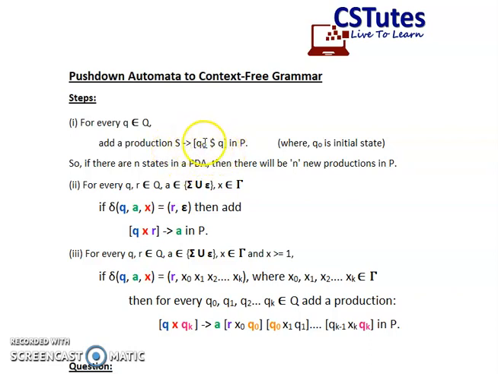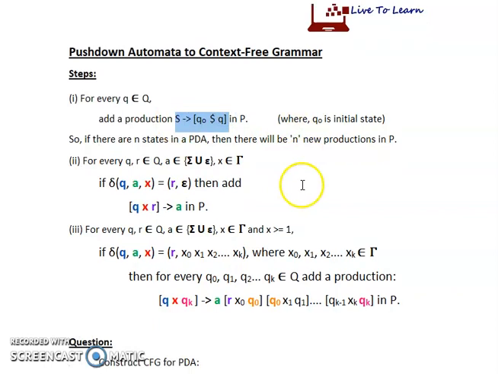Now one thing which I have already told you in the last video is that whatever is written within the square brackets is taken as a single non-terminal. That means it is a single non-terminal which is present over here. So in order to remove the confusion, or to make it clearer, you can also replace this whole value by a single non-terminal, like X, Y, Z in capital. So it's up to you. However, we are going to solve this example in this particular form only.